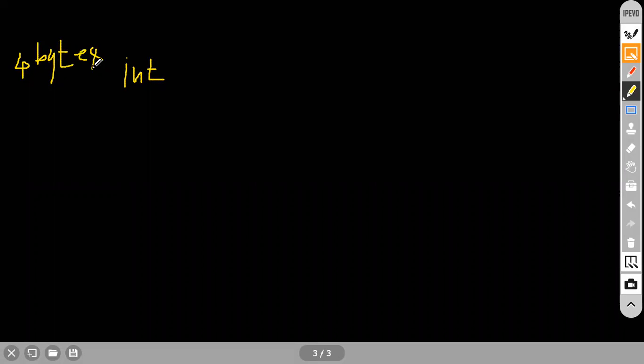Now you tell me how many bytes the float will consume. Integer is 4 bytes, float how many bytes? Let me know from your side. 4 bytes. Again 4 bytes. Fine.